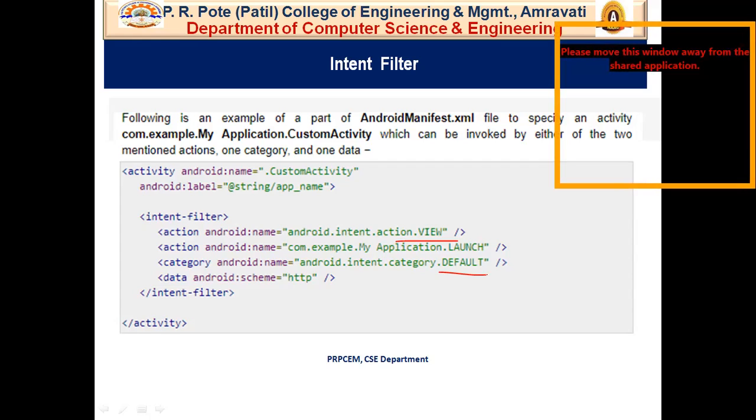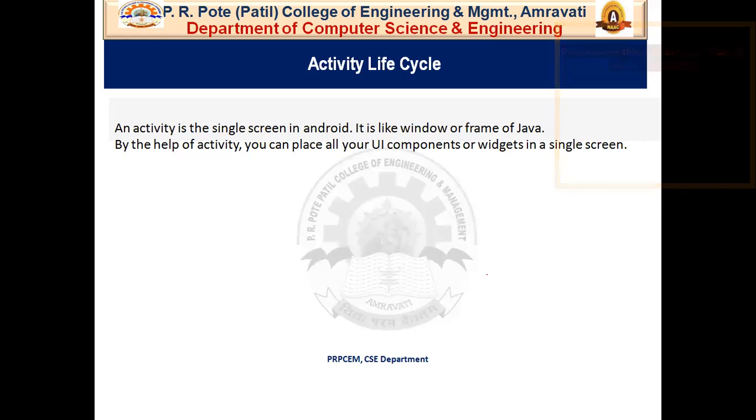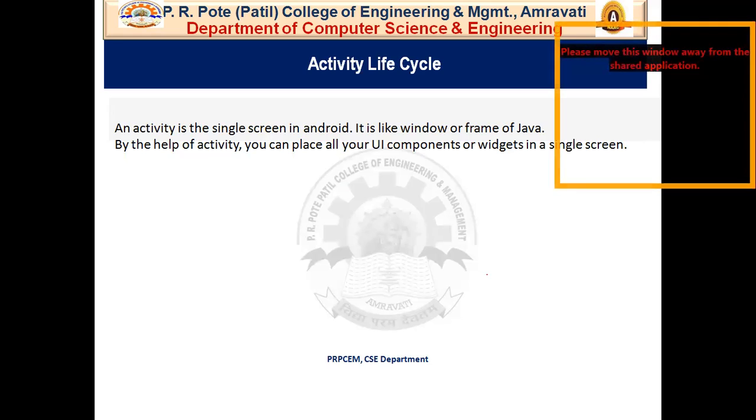Now the next most important topic that we have to discuss in today's lecture is the activity life cycle. Before I move ahead, as we have already seen, there are 4 main components for Android application development. They are respectively activity, service, broadcast receiver, and content provider.